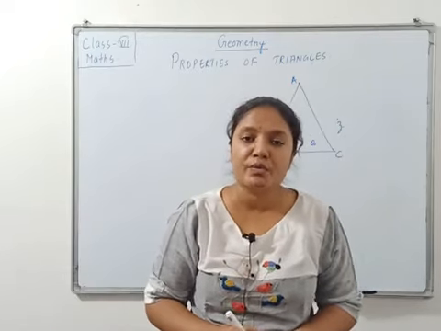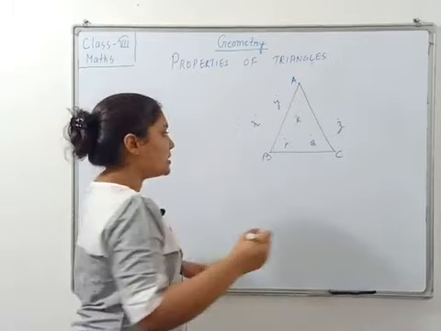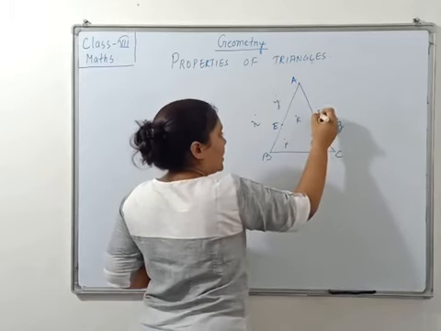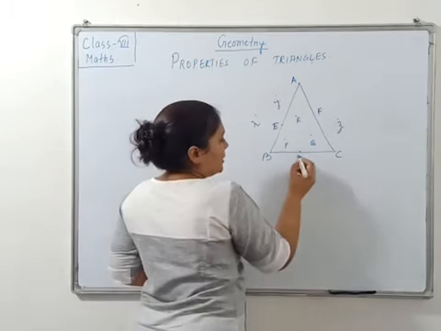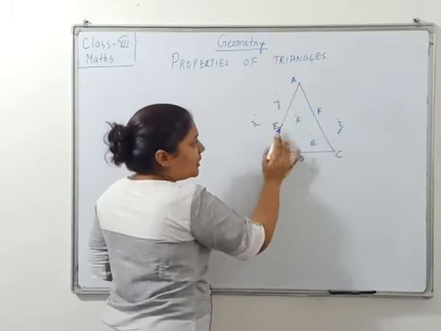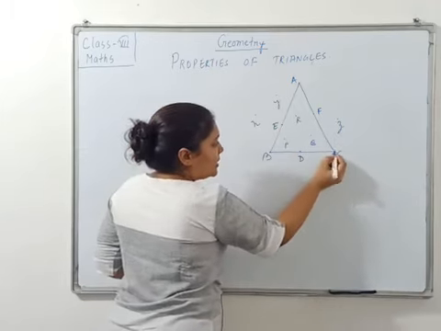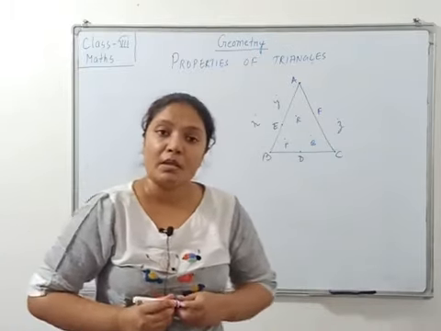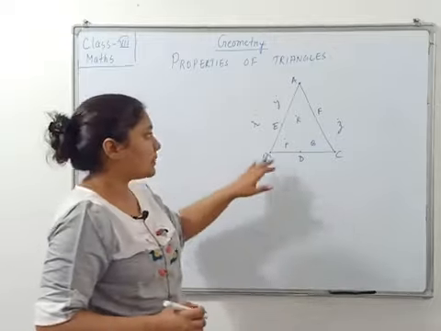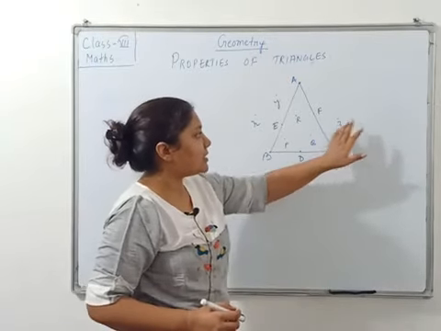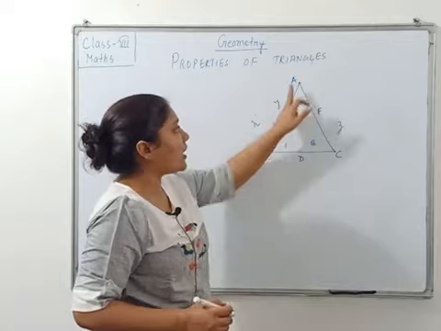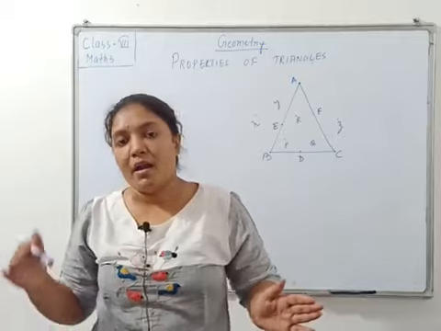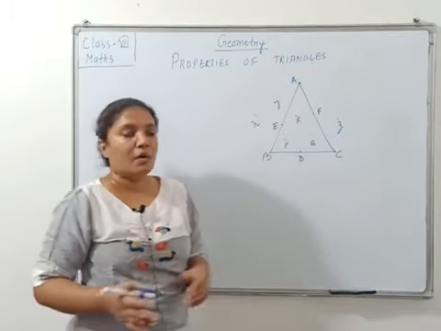Now, another new term, on the boundary. On the boundary means what? They are here. Suppose I place E here, F here, D here. These are all on the boundary. Not only D, E, F. In fact, B, C and A are also on the line. So they will also be on the boundary. Okay. These are interior, exterior and on the boundary. Now A, B, C are also on the boundary. They are neither exterior, nor interior. Clear, students?